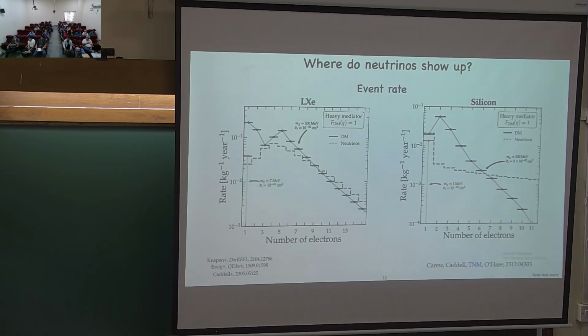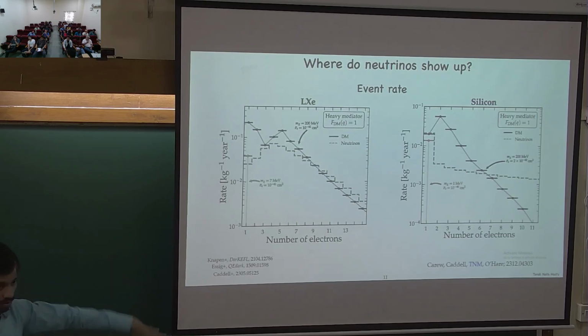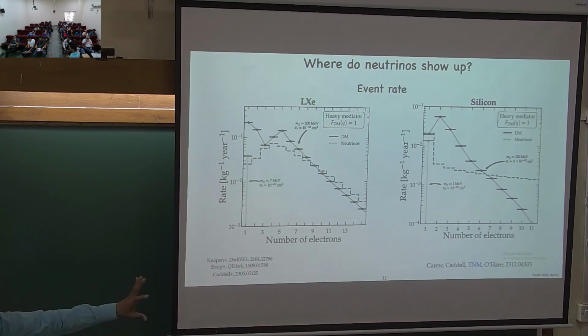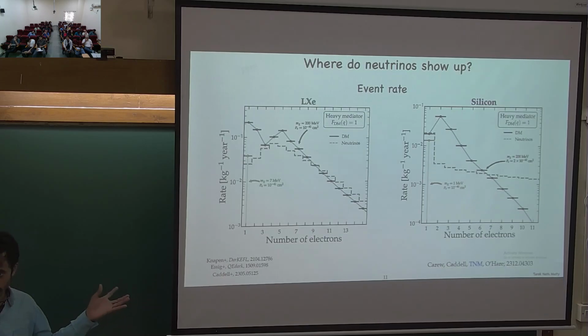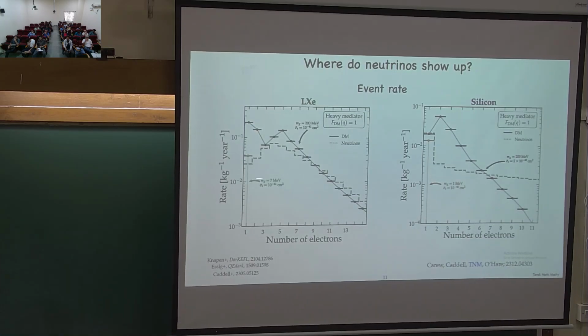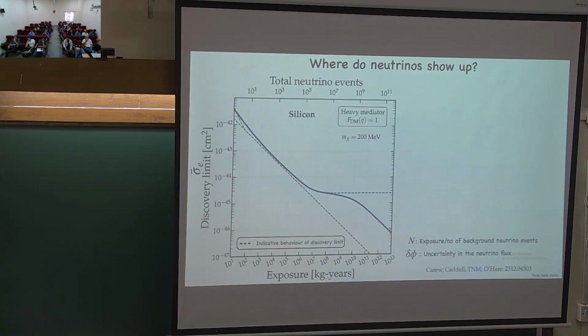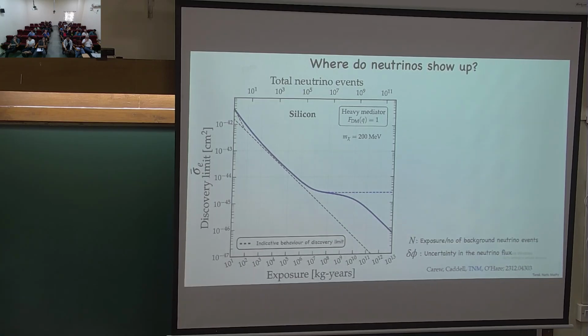So essentially you calculate the number of events against the recoil energy, with the number of electrons as a proxy for that, and here is a number for a few benchmark choices of the dark matter and neutrinos. The dashed line is for the case where 8B solar neutrino contributions are taken into account, and the solid line is for the cases where different choices of dark matter are taken into account. Given this, what you need to look at is this kind of plot to get the cross section at which the neutrino would become an important background.